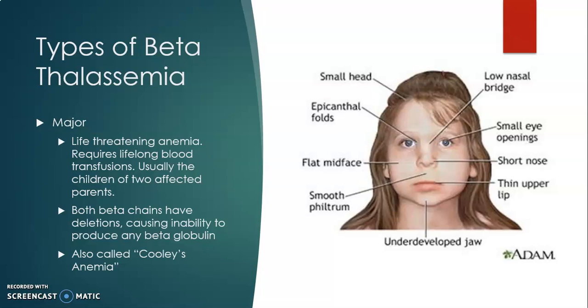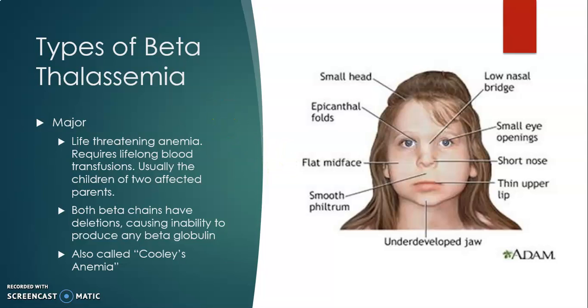You see there are 4 different proteins in the hemoglobin, 2 alpha and 2 beta. Both of the beta chains will be affected, so that pretty much makes it so that you don't produce any beta globulin. It's also called Cooley's anemia,